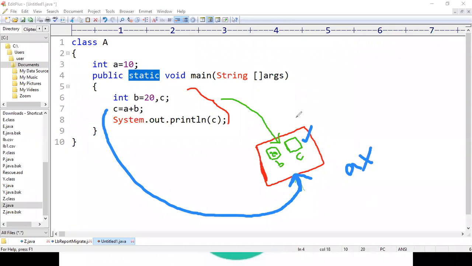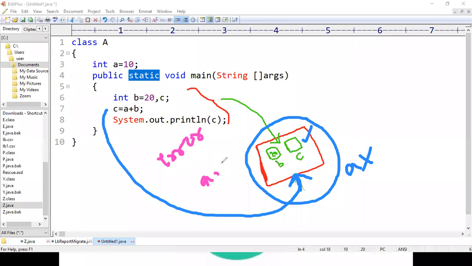If you observe, there is no variable a inside this memory block. Now the compiler will print an error on the output screen: a is undefined, right? A is undefined.